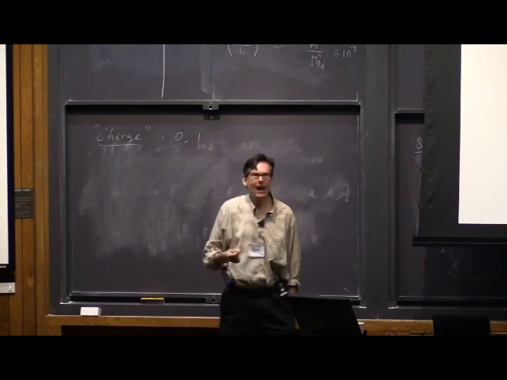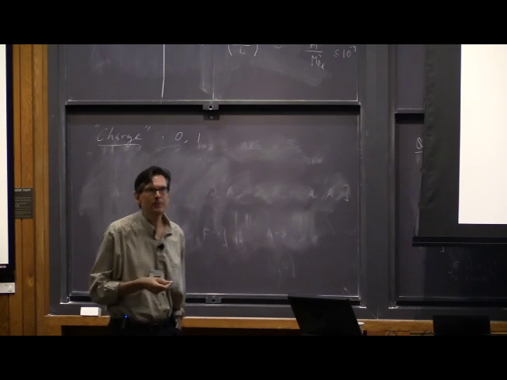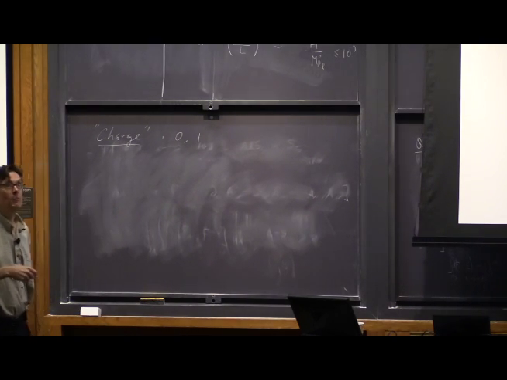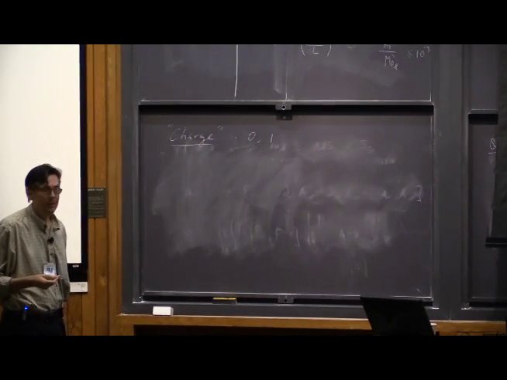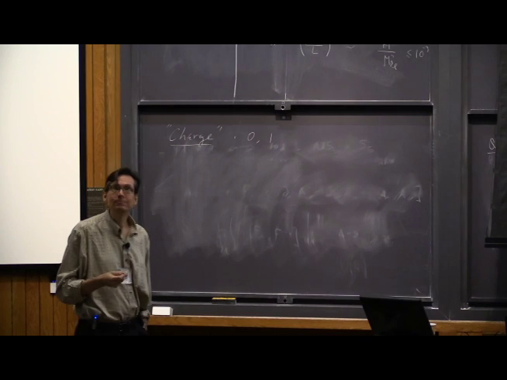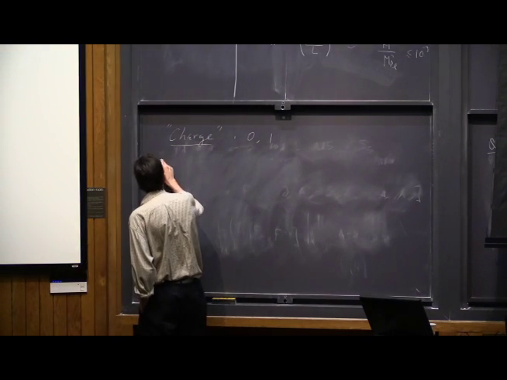0 is the charge of the vacuum. 1 is the charge of a single one of these Fibonacci anyons. But even if we have many of these Fibonacci anyons, the only allowed possible total charges are 0 and 1. That's all we're allowing. There are the fusion rules,